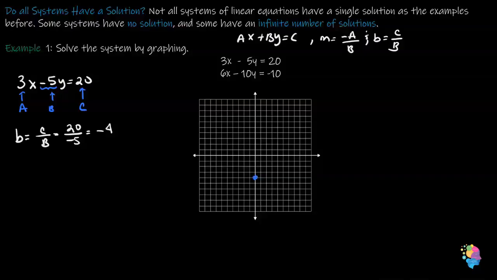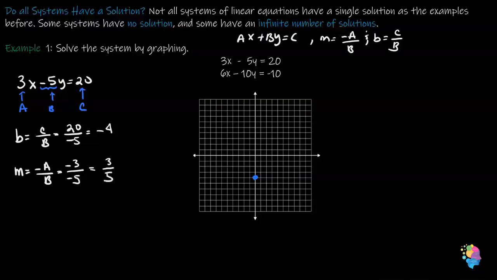Next, we look for the slope so that we can find a second or third point. Remember, the more points, the more precise our graph is going to be. And we do that by negative a over b. Well, a is positive 3, but because of the negative in the formula, this becomes negative 3 over negative 5. And even though we cannot divide or simplify 3 over 5, the negative will make this a positive 3 over